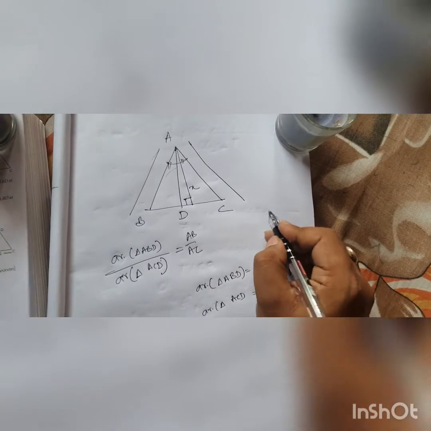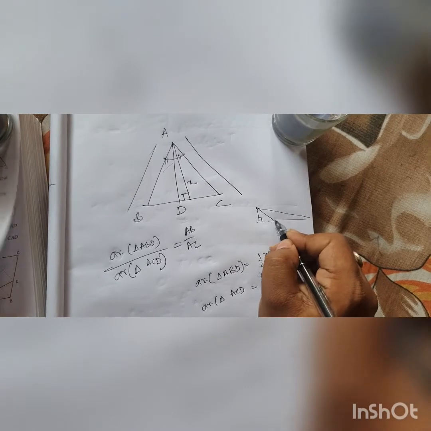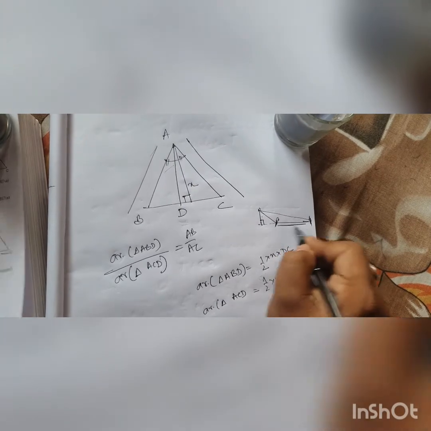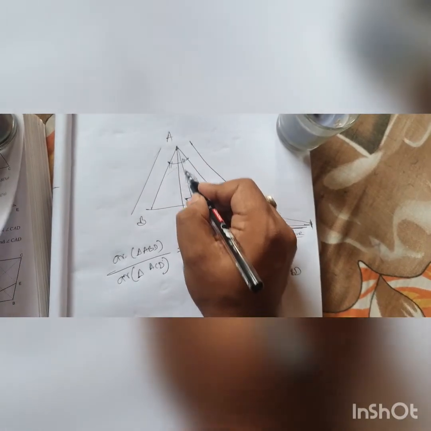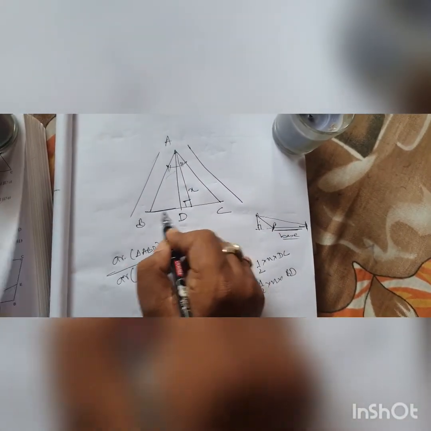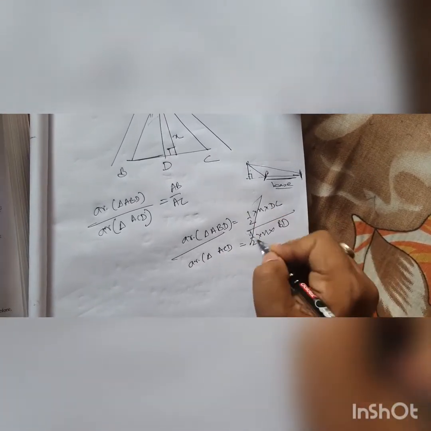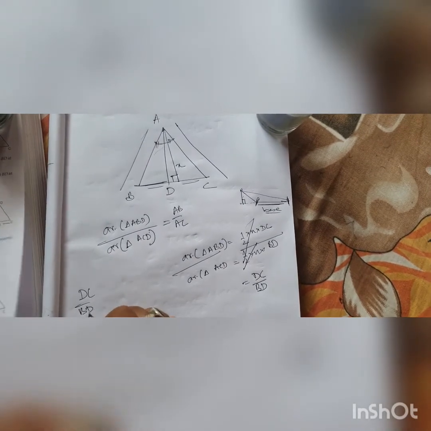Now you have already learned from me in class 9 that in some cases the perpendicular may lie outside the triangle, and this may be the perpendicular, and from here to here this may be the base. That can be the situation. So that is what is happening here. The x is the perpendicular and BD is the base for the triangle ABD. Now if you divide from both sides, half x will be cancelled. So you will get DC by BD, right? You will get DC by BD. But because this is the angle bisector, DC by BD must also be equal to